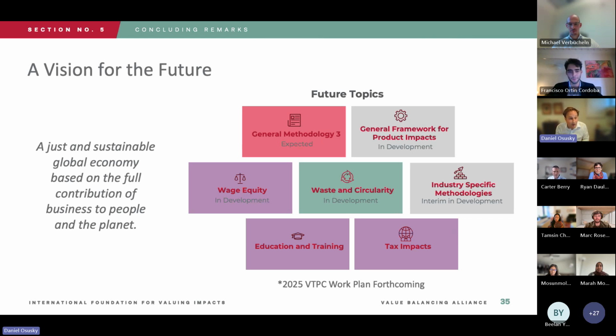We propose a work plan on an annual basis to that independent governance body, the VTPC. And so we are anticipating having a planned work plan for the methodology development for 2025 in the coming weeks. And so stay tuned for that so you can get a sense of the specific topics that we plan to further develop. There are a few that are currently in development, and then there will be others that will be added to that process. And overall, we encourage you all to continue to follow along, provide your feedback, and continue to support how we can improve the methodologies. And remember to think about the overall vision that we all have, which is to create that just and sustainable